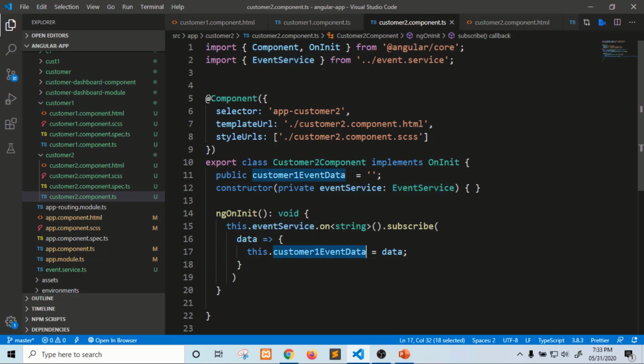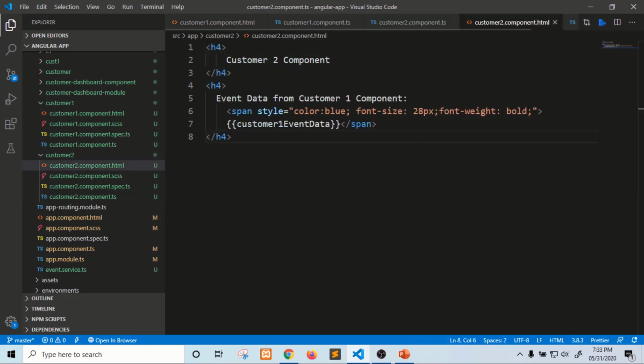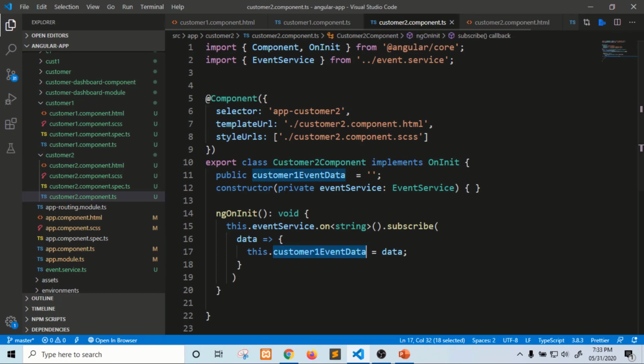We will be printing this customer 1 event data on our customer 2 HTML file like this, using interpolation. So we need to register this event inside the ngOnInit method.